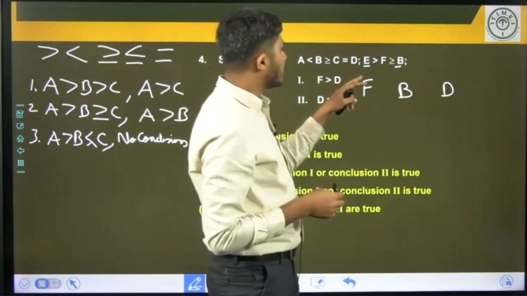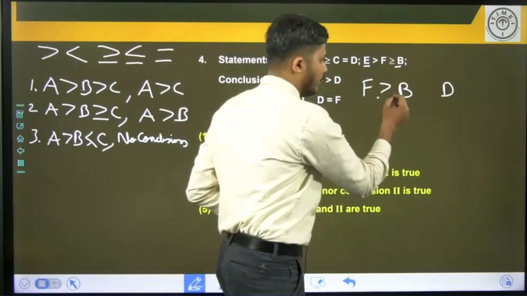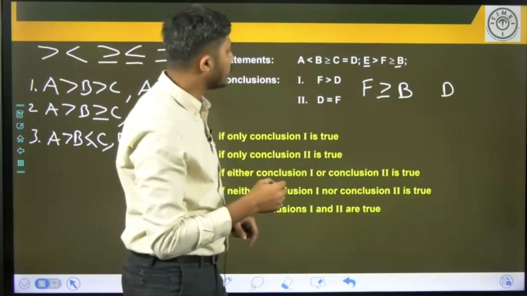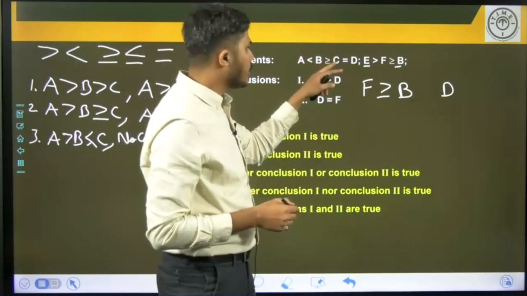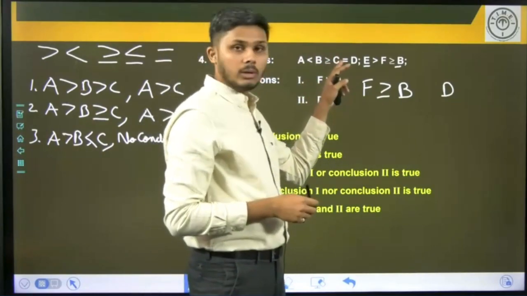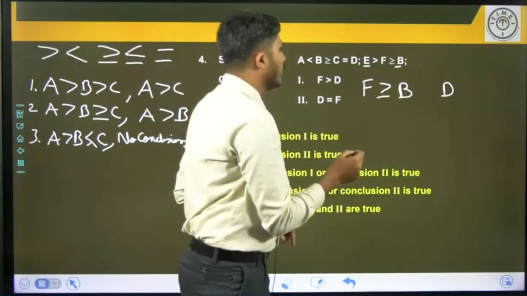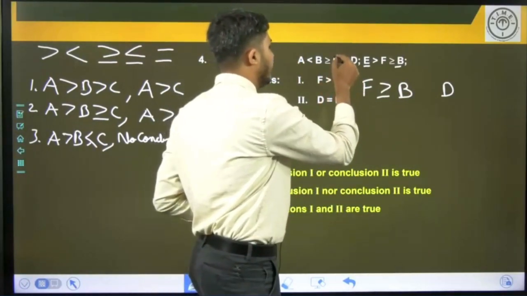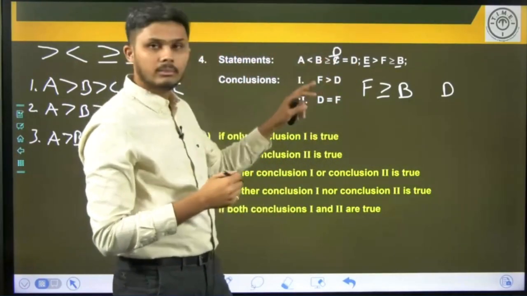So let's find out the relation between F and B. Here F is greater than or equal to B, and in the second statement F is greater than or equal to B. In the first statement, here B is greater than or equal to C, and C equals D. So we are asked the relation between B and D. Since C equals D, let's replace C with D. So the new relation between B and D will be B is greater than or equal to